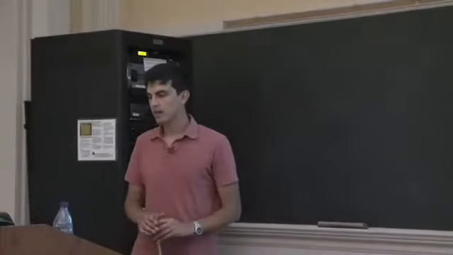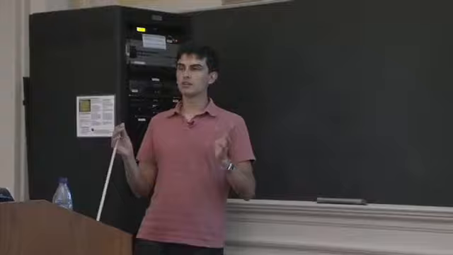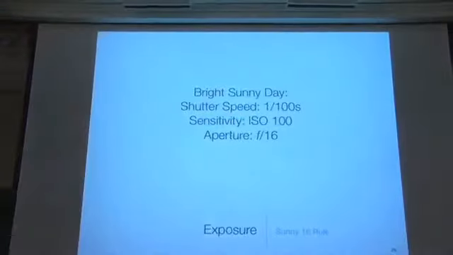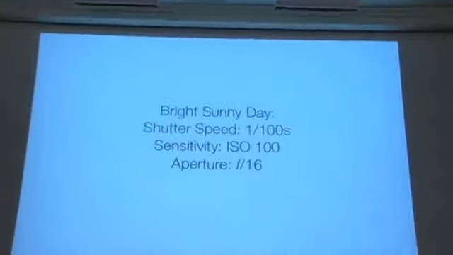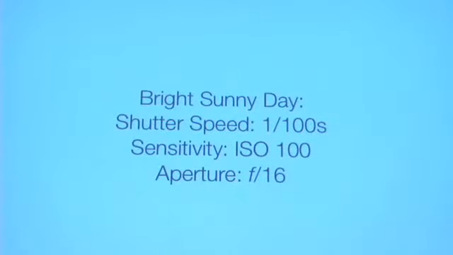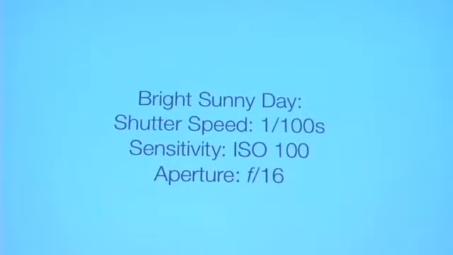So in general, you have a bright sunny day, you can use the Sunny 16 rule. If it's slightly overcast, you would go down 1 stop to f11. If it's pretty regularly overcast, then you might go down 2 stops. If it's heavily overcast, maybe even 3 stops. Now, 3 stops down would be an aperture of f5.6, because from 16, if we go backwards,